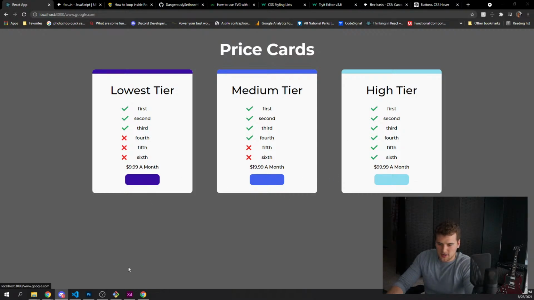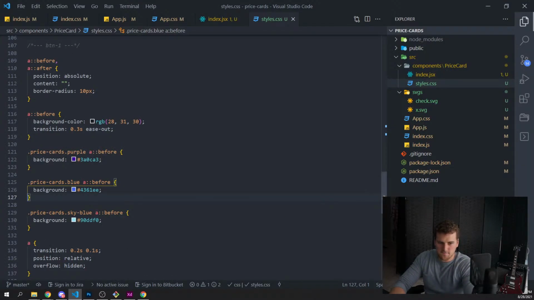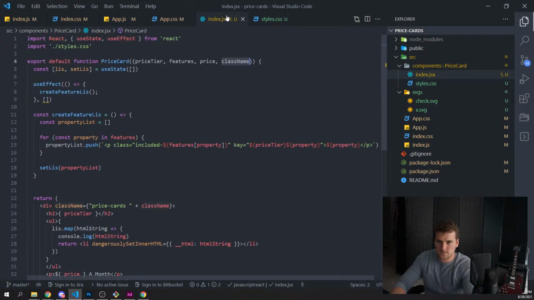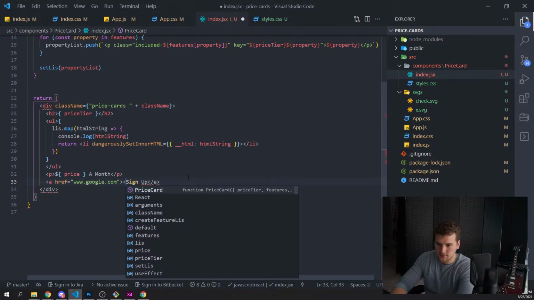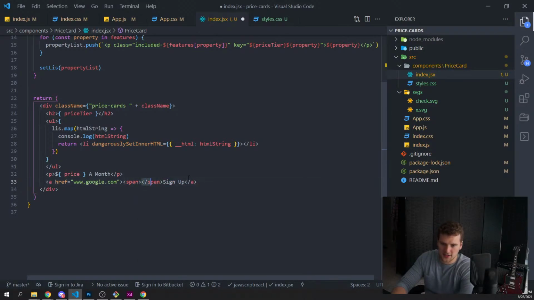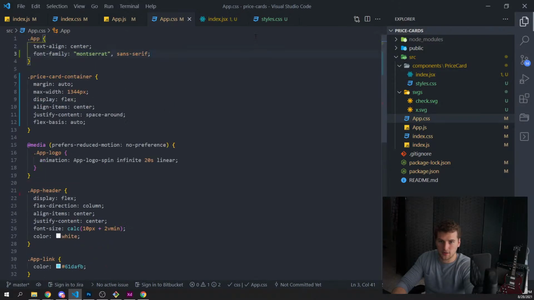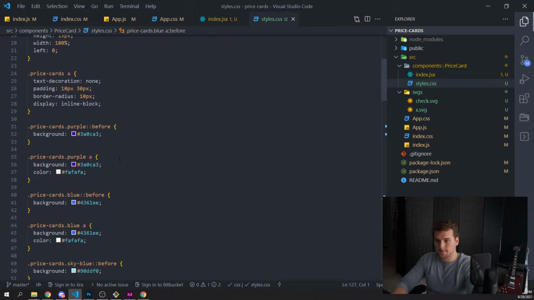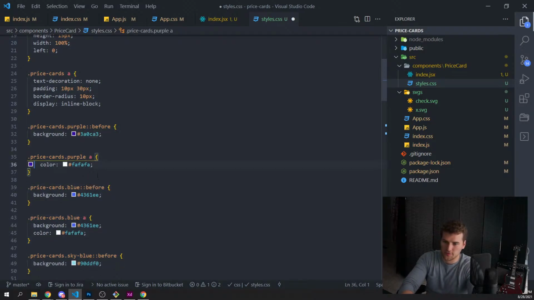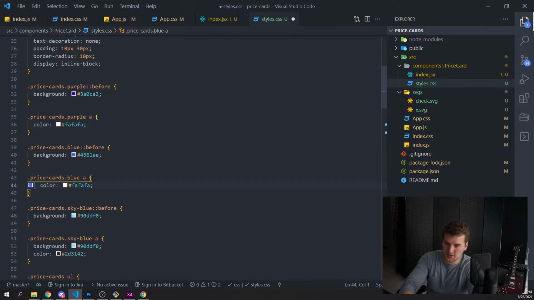And then we want it to be white when they get off of it, so we'll go to our button here and we'll say span. I think it's valid to have a span tag inside of an A, right? And then we'll go back here, no, to our price card CSS. We're going to remove these background colors on these.